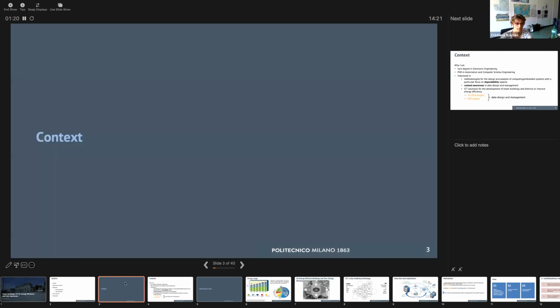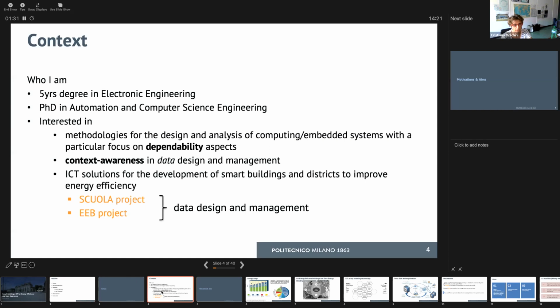As I was mentioning, I would like to give you just a few hints on the context, the background behind these studies and proposals that we carried out. I have a degree in electronic engineering and a PhD in automation and computer science and engineering. My main area of interest is actually not necessarily the one I will be talking about today, and it is mainly focused on methodologies for the design and analysis of computing systems or embedded systems based on the application environment,